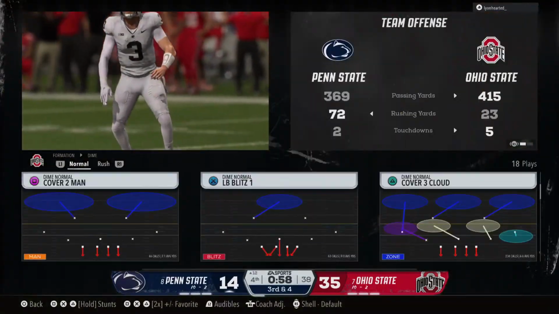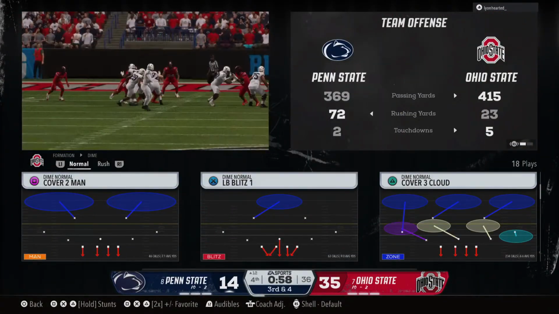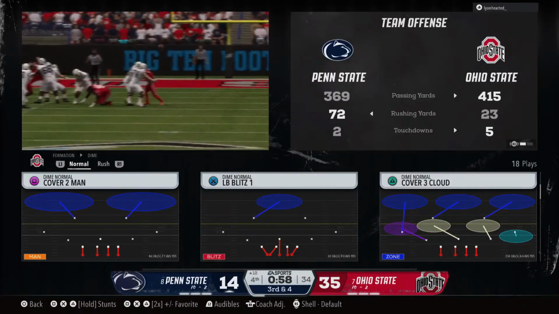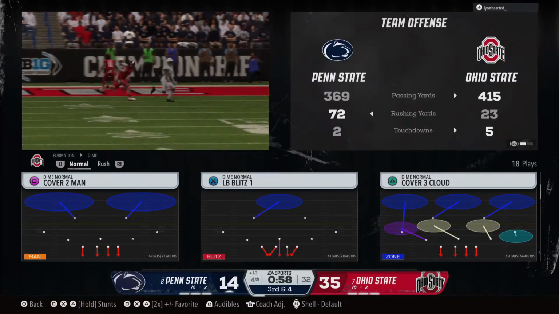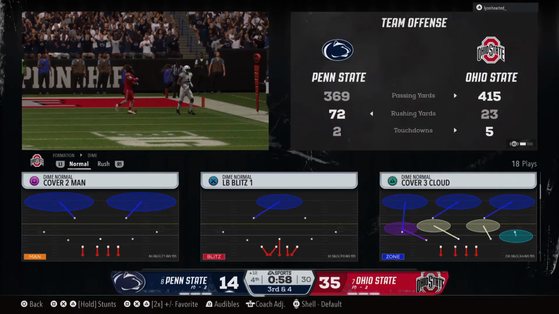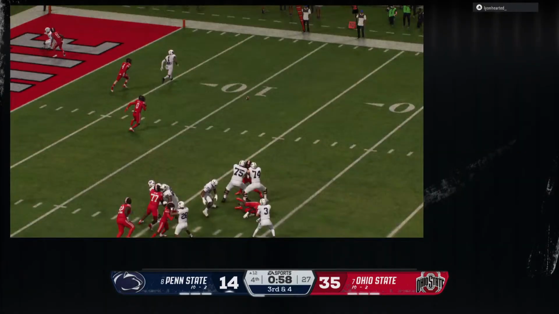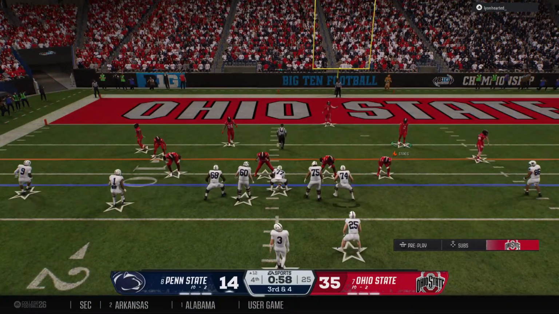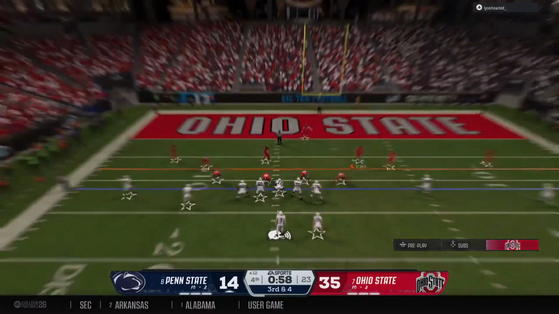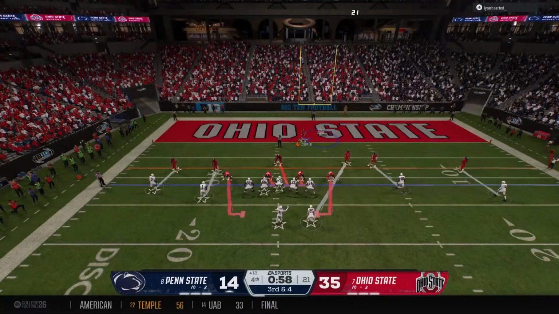That one is incomplete. It's just so hard in these late-game situations when you're trailing by this much to try to get the ball downfield against nickel or dime coverage. They're inviting you to take that underneath throw, hoping you burn the clock as you go. Critical moment in this conference championship. 10th play of the drive. 3rd down and short.